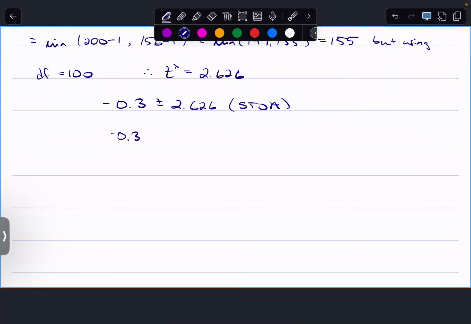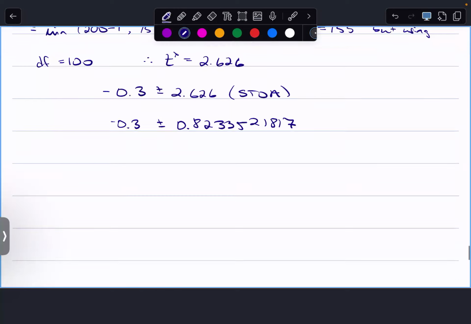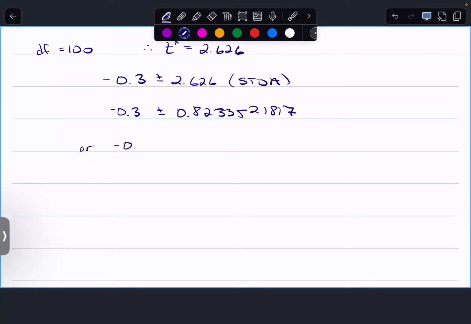I get negative 0.3 plus or minus 0.82335. You check to make sure you get the same thing. You can round that a little bit, so 2 decimal places is probably fine. So negative 0.3 plus or minus 0.82. Negative 0.3 minus 0.82 is negative 1.12, up to negative 0.3